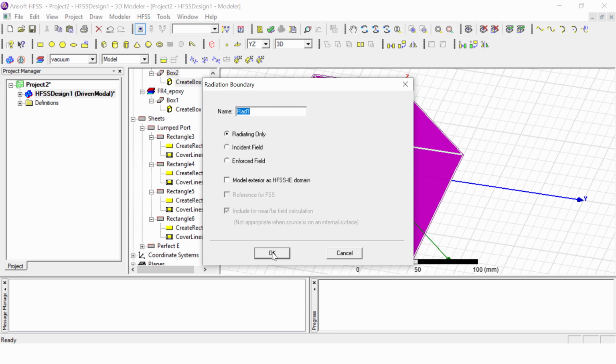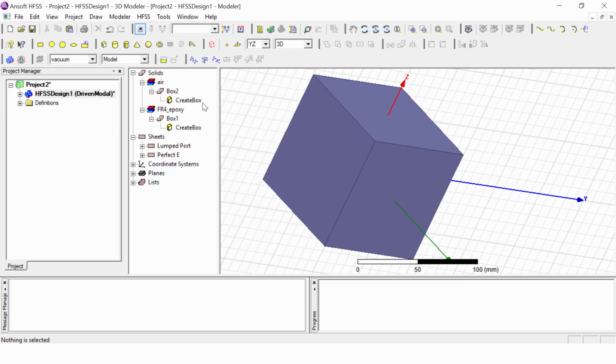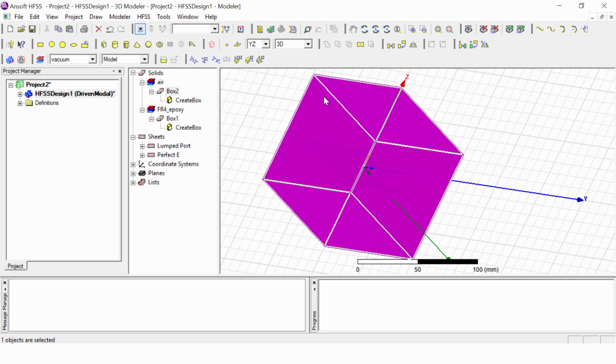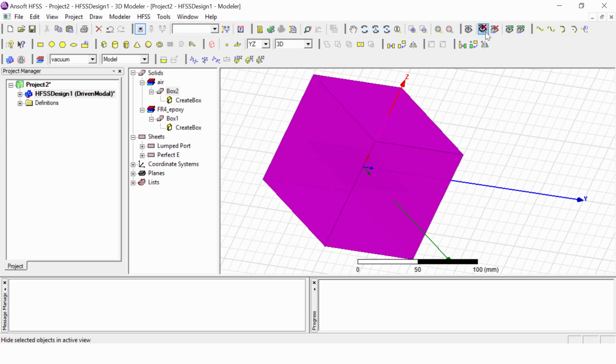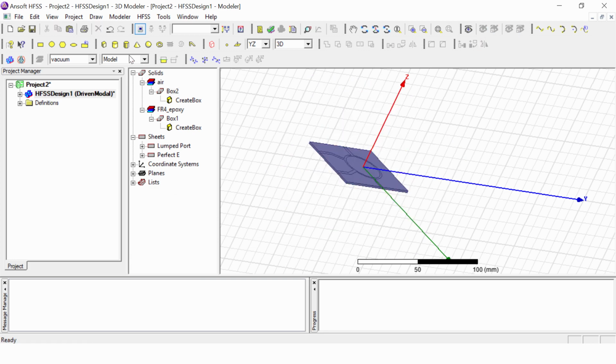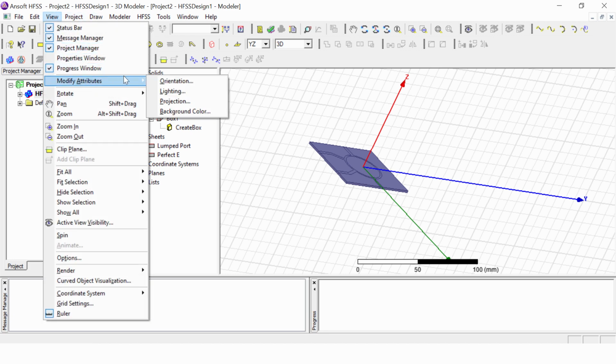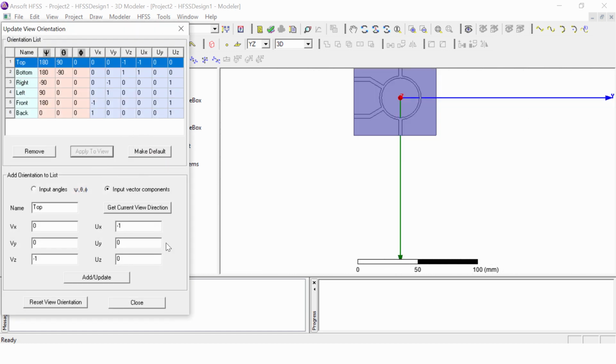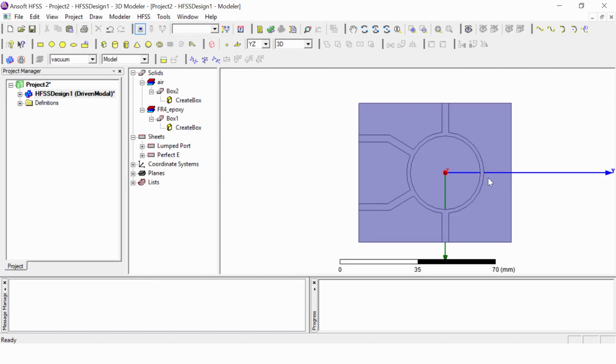This is the radiation boundary. Okay. Now if you want to hide this box, you can hide it from here, so that we can see the design, and we will show it in front view. So this is our final design.